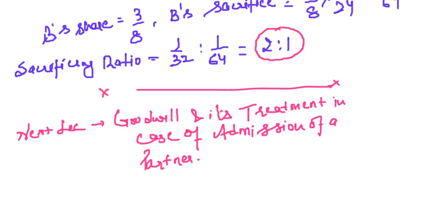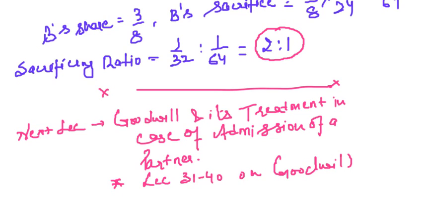Now friends, before starting this lecture, I'll recommend you to go through lecture numbers 31 to 40 on goodwill, to have a good view on what goodwill is, right? Then this topic will be easy to understand if you have good knowledge of what goodwill is and how we value goodwill. There are various methods for the valuation of goodwill: average profit, super profits, capitalization method. So if you have a good knowledge of those topics, then this topic will become very easy for you to understand,